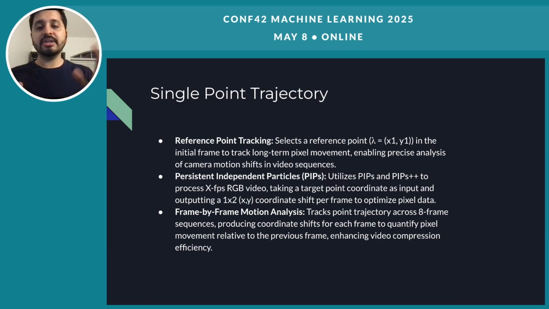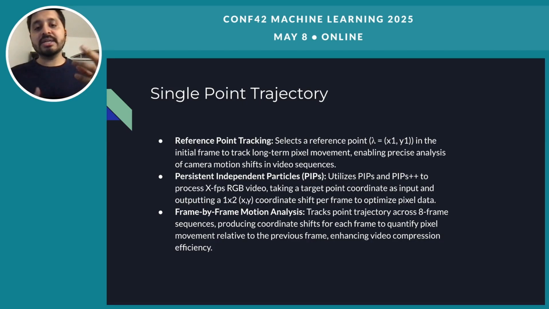So we basically try to use a single point trajectory over here, which is basically trying to find an arbitrary point in the first frame of a video. And from that, we basically try to track where the particular object or a point or a pixel is moving from one frame to another frame to the subsequent frame. Based on that, we know how many coordinates it's moving. Based on that, we try to see how many new pixels we are going to get. And that's what we store. We try to avoid the rest. So the single point trajectory basically works only in places where the objects are static and the video is moving.